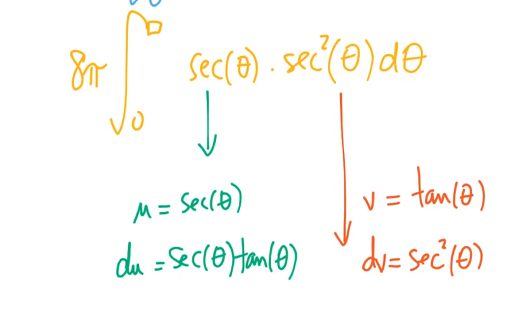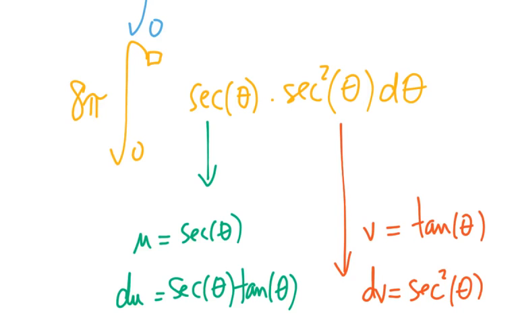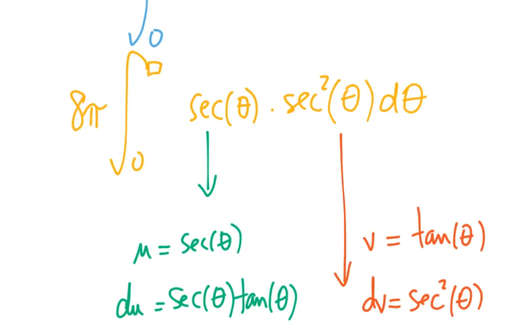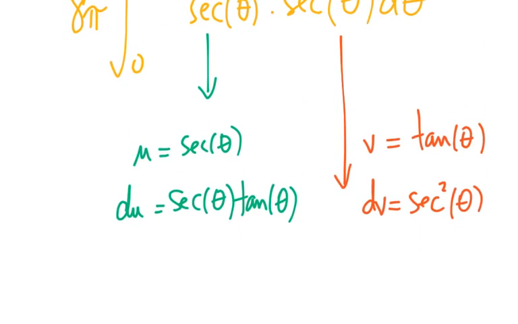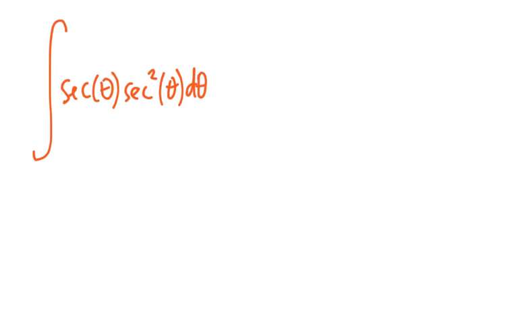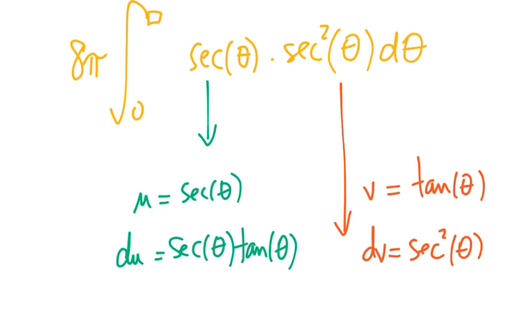All right, so I can do that to find the integral. What I'm going to do here is leave the 8 pi alone. I'm going to solve this, and then I'll come back and add the 8 pi, because 8 pi might give me trouble here. So let me solve this. What I'm trying to solve here is the integral of secant theta, secant squared theta, d theta. I'm going to solve this with integration by parts, which means uv,